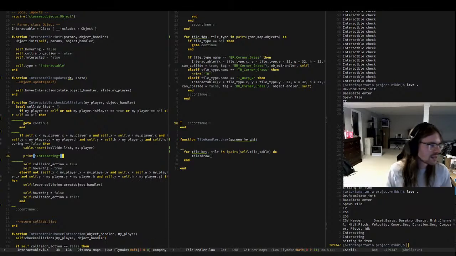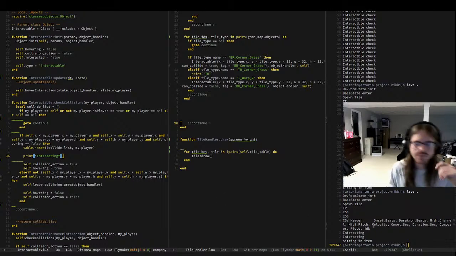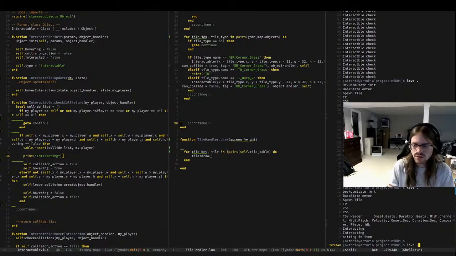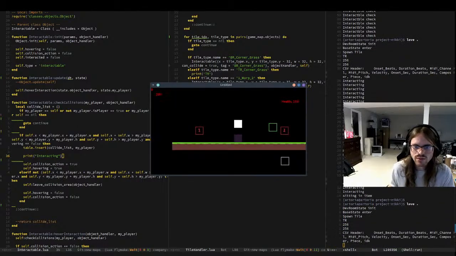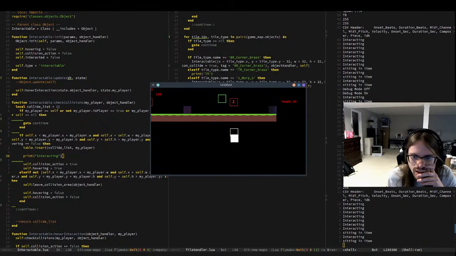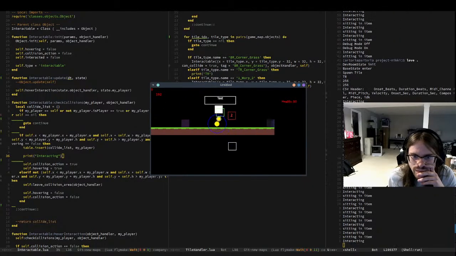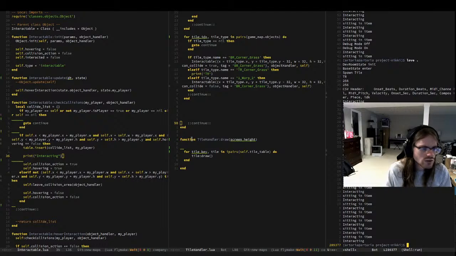Yeah, I don't know why that's working now. And I never like when things randomly work and I don't know what I did to change them. So yeah, as you can see, we have this as an NPC dialog box. And then you can also see when I'm sitting inside of this item. So I think I just need to change,